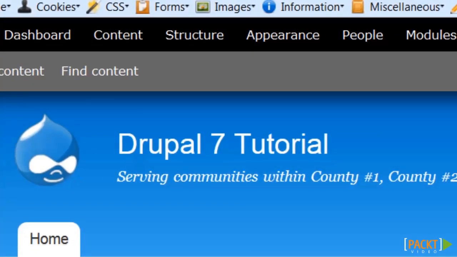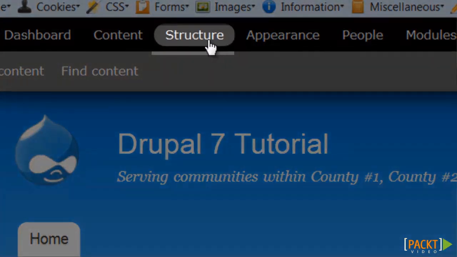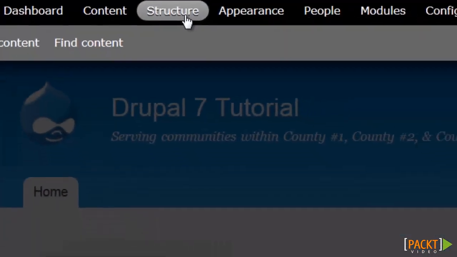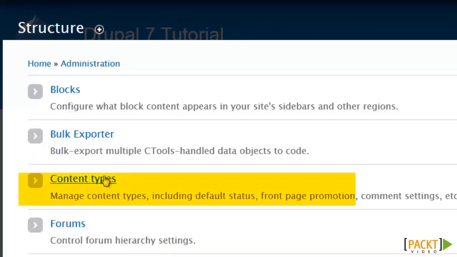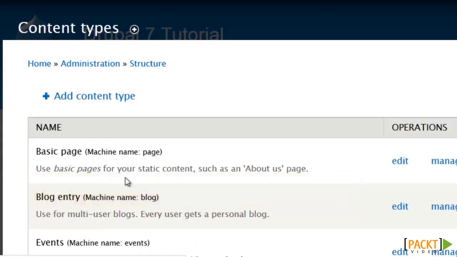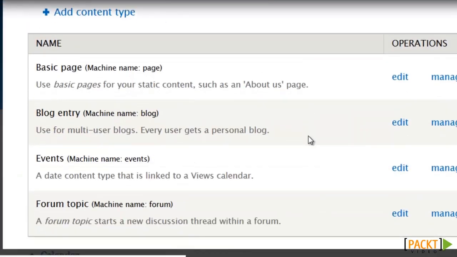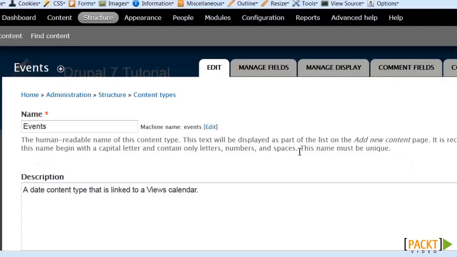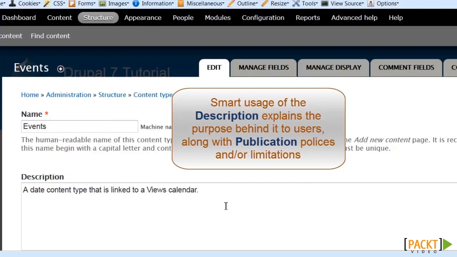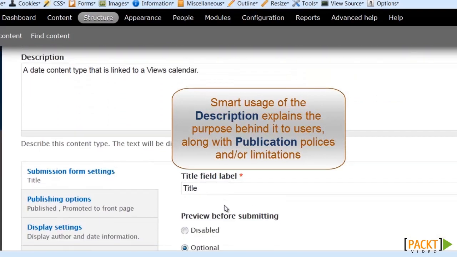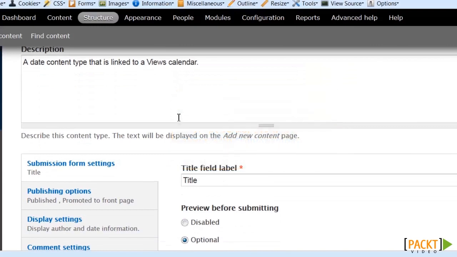I'm actually only going to display what needs to be done within 2 of the content types, which are found under Structure and then Content Types. I'm going to begin with the Events content type, which we just created in the previous video. You'll remember I didn't make too much of a fuss about the description for the Events content type when it was created, because I knew that I would be able to change it here